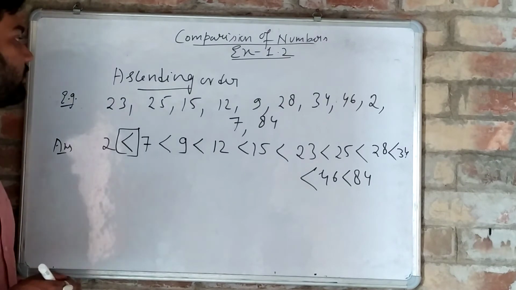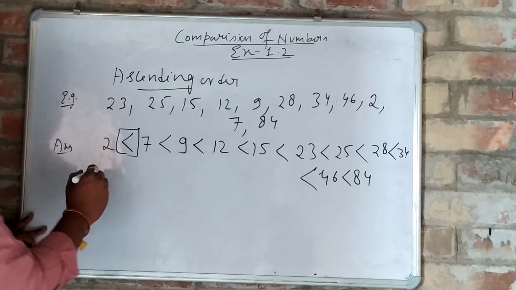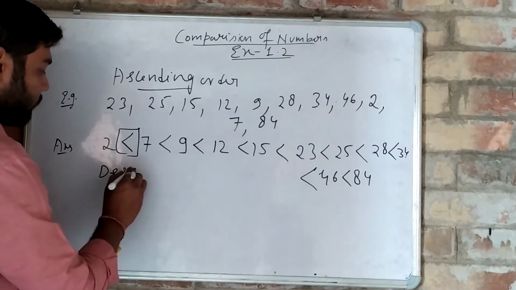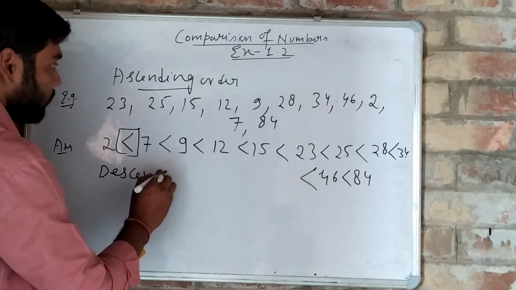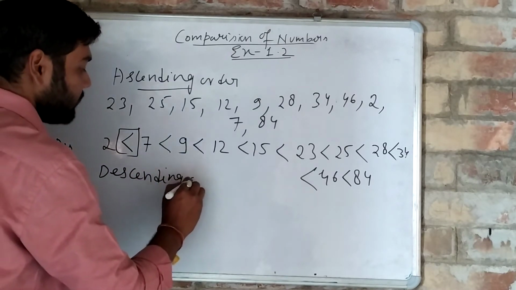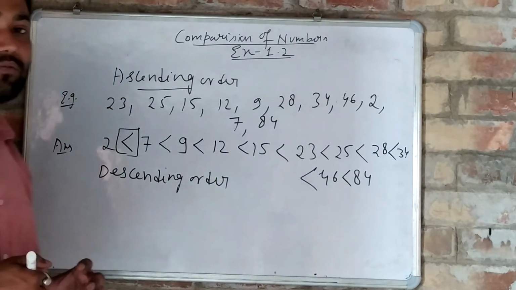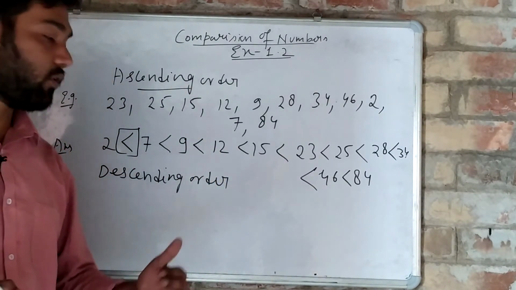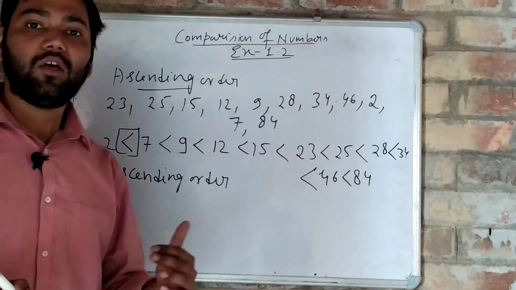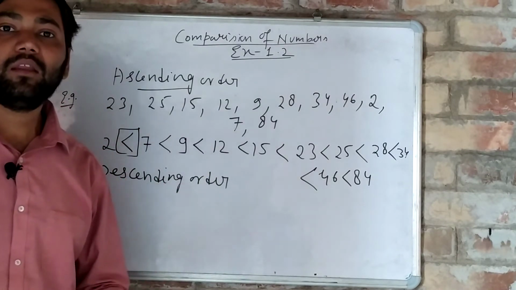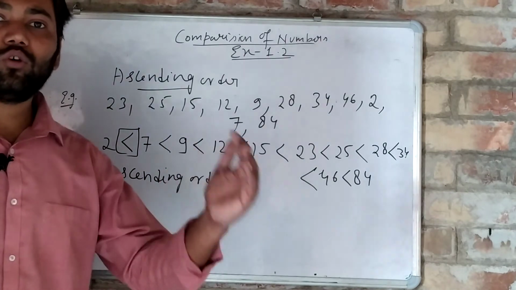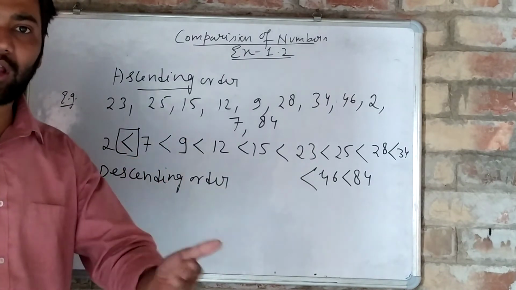And when we arrange in descending order, okay, suppose now we have to arrange the same series in descending order. Okay, so which symbol will we place? We will place greater than. Why? Because in descending order we have to arrange the numbers from greater to smaller, बड़े से छोटा की